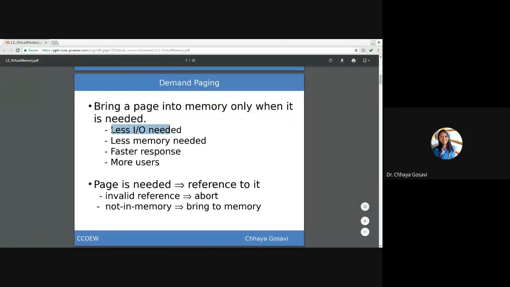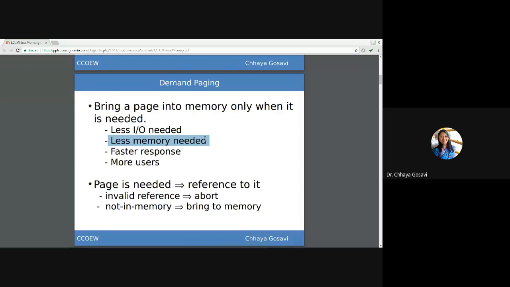It has less input output requirement and requires less memory. If a process has 100 pages and only 10 pages are required at a time, only those 10 pages will be loaded in main memory. So the requirement of main memory and input output will be less, and it gives a faster response.